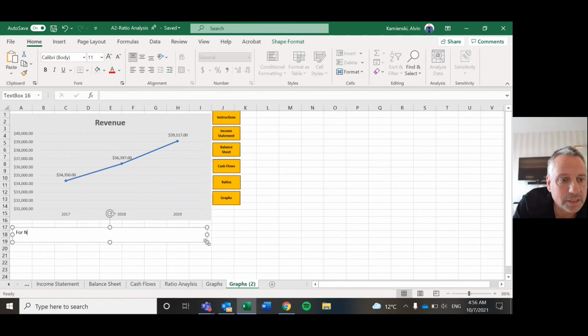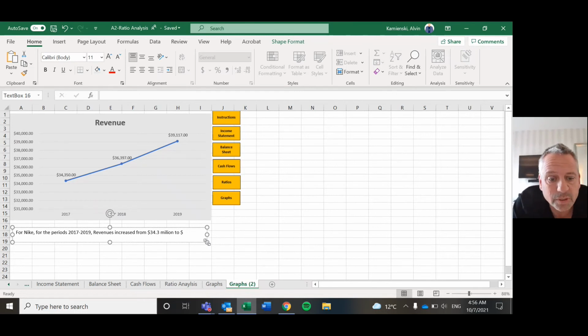For Nike, for the periods 2017 to 2019, revenues increased from 34.3 million, and then that millions, that of course means billions in there, to 39.1 millions, representing an increase of over